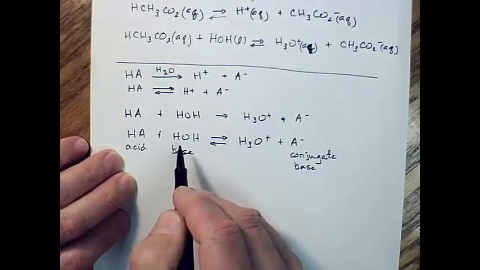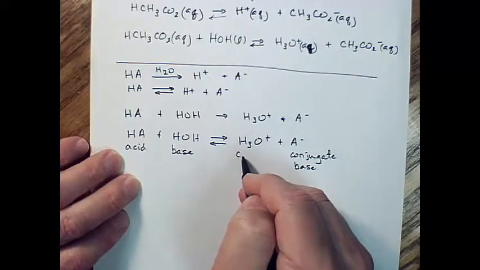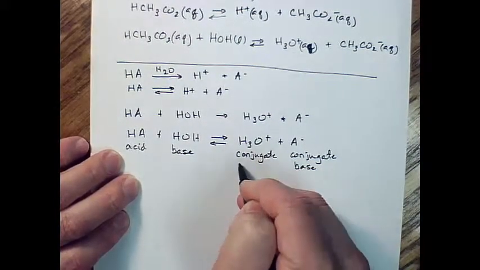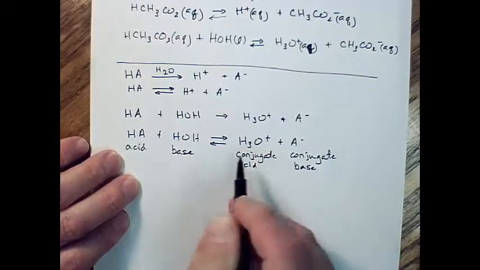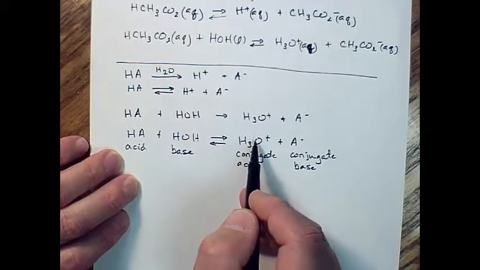And once the base has accepted a proton, it becomes the conjugate acid of that base. It's the conjugate acid of that base. Now, why is it an acid? Because that extra proton on here